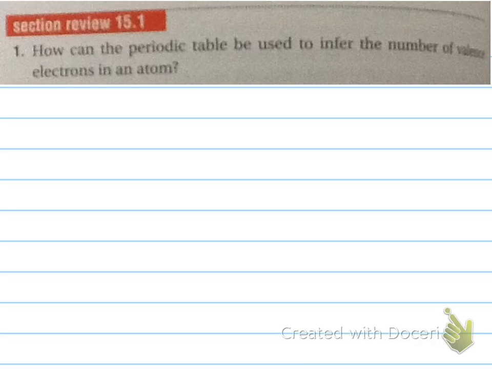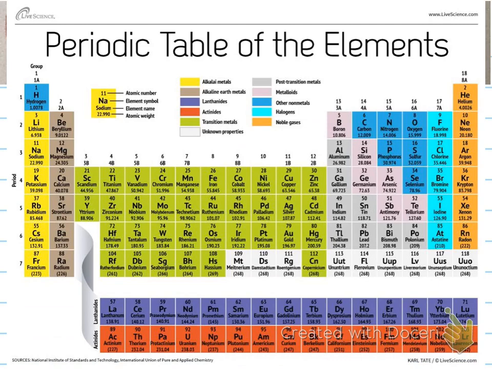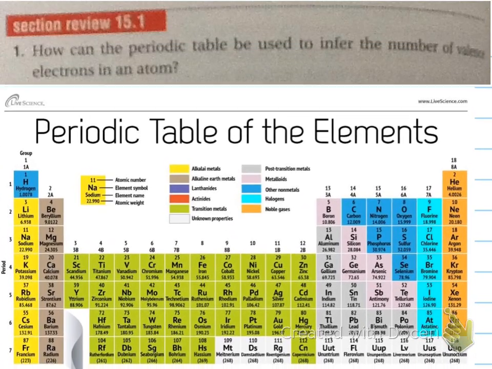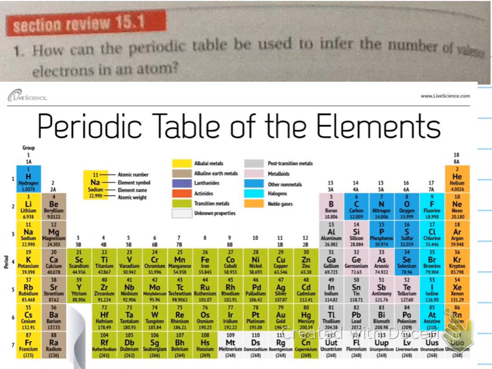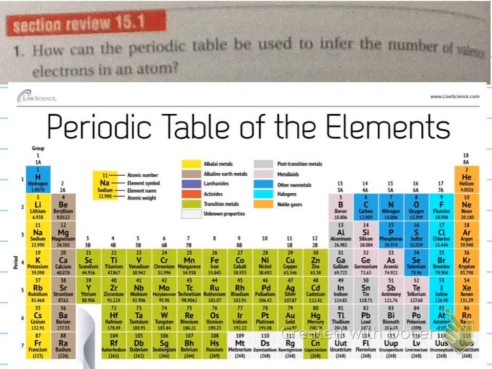Question number 1. How can the periodic table be used to infer the number of valence electrons in an atom? So this is asking you how you can use the periodic table to figure out the number of valence electrons, which are those in the highest occupied energy level. And remember, that's what these A's are about. Remember, the number in front of the A is telling you how many electrons there are in the valence shell